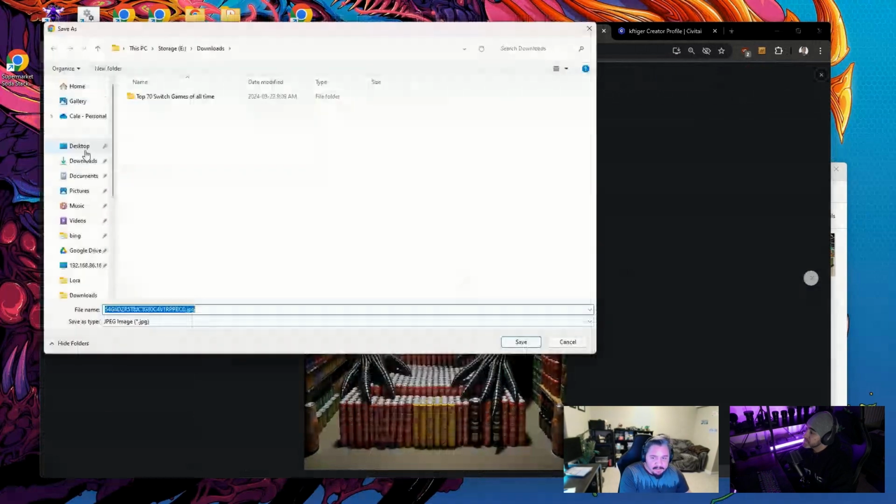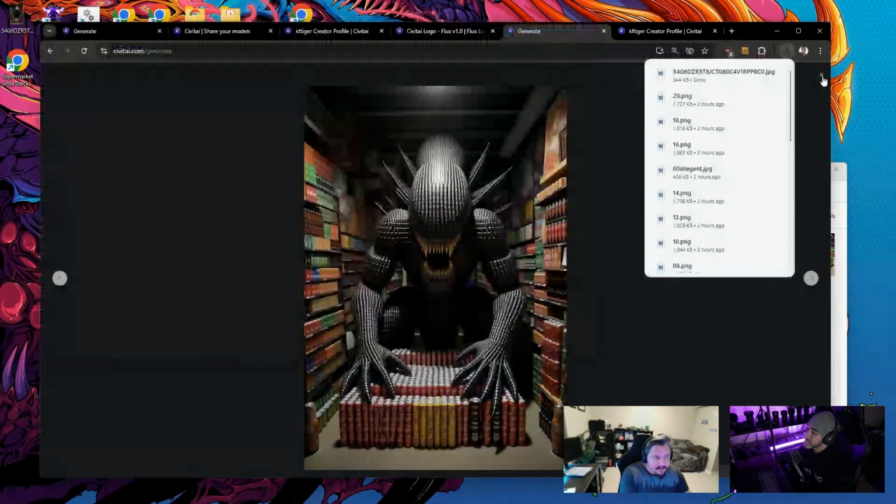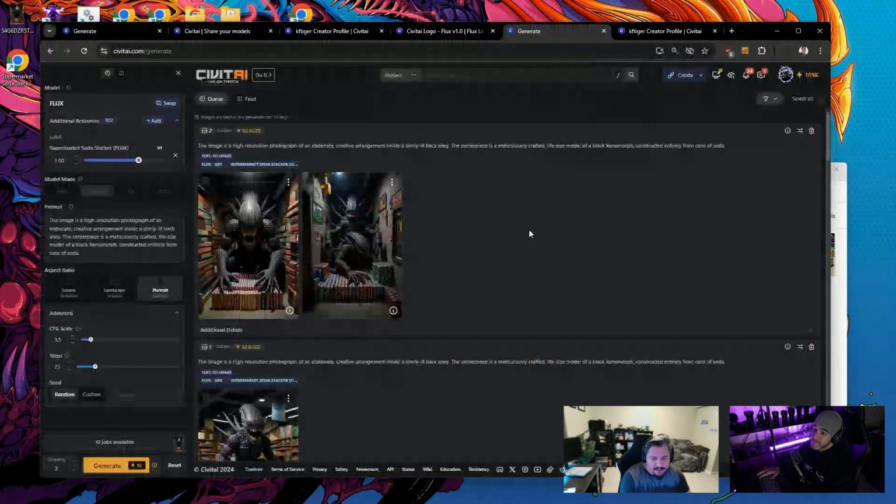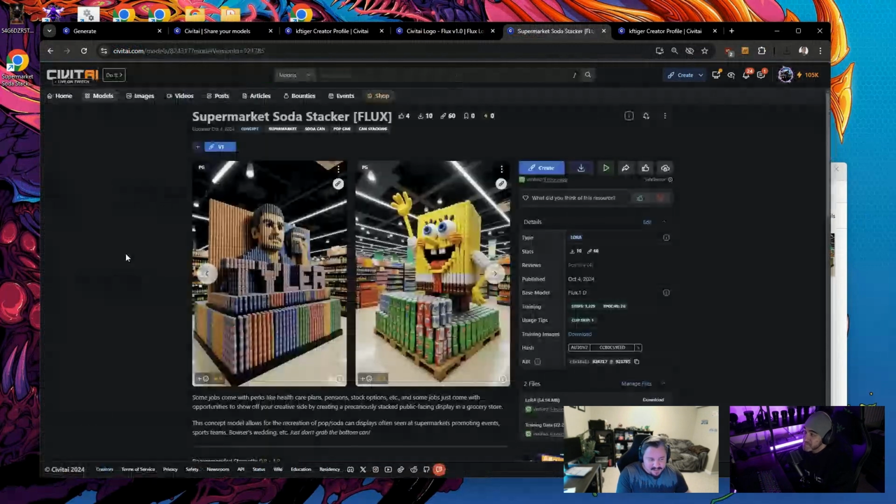So I'm just going to save it to desktop. You could just drag it over. You can save another tab, whichever. But the easiest way or the best way, and I've gone through this the last time, but I don't think it's been fixed or changed, so I have to go through this again. The best way to post any image to a model is to go to the model itself.